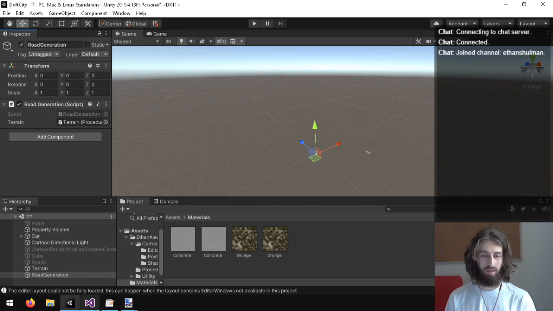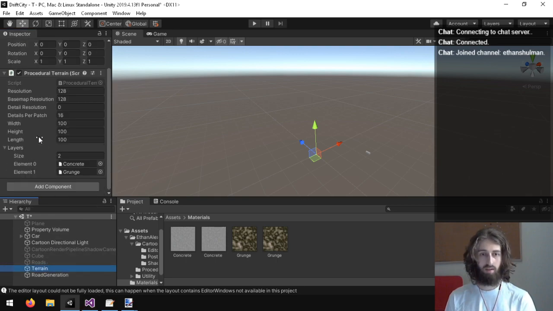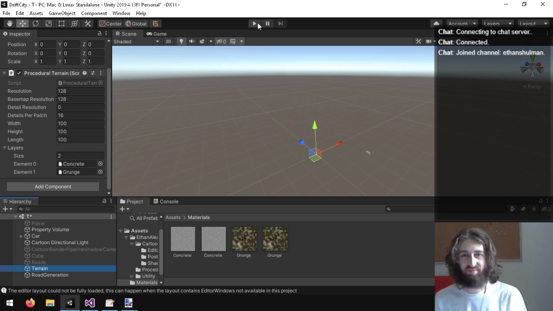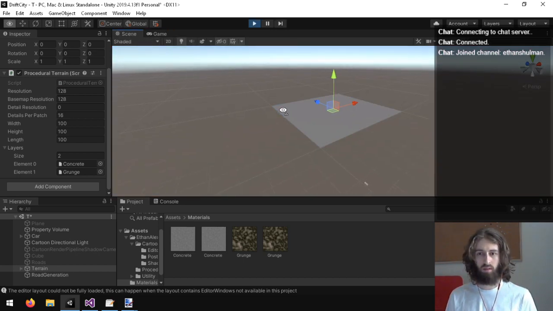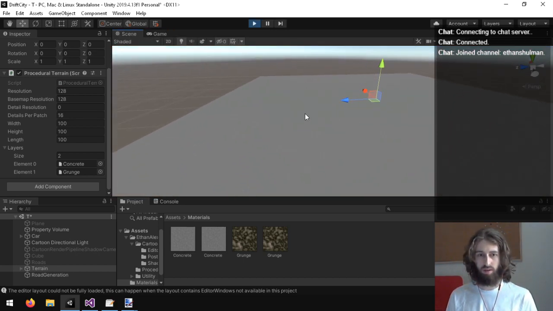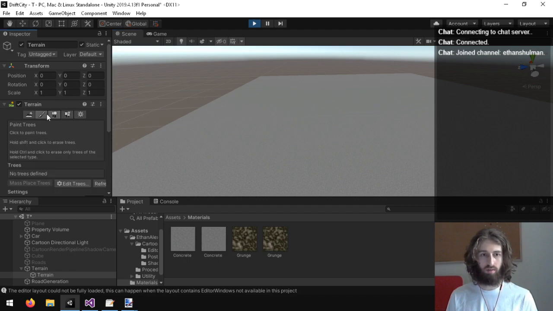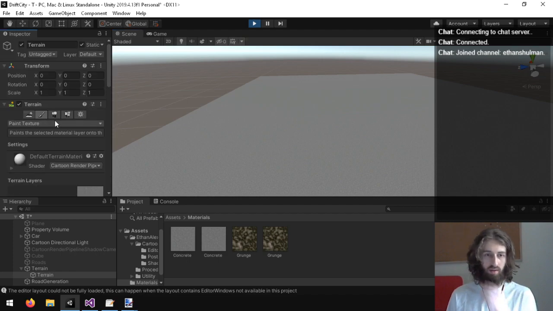There we go, so we can add the procedural terrain. I just want to see, does this do anything? Okay, so it does. It creates an empty terrain.